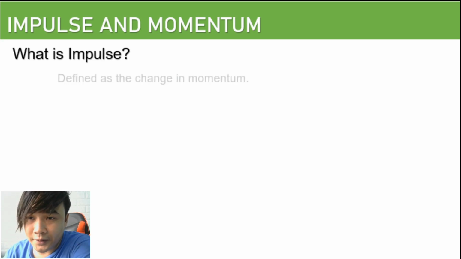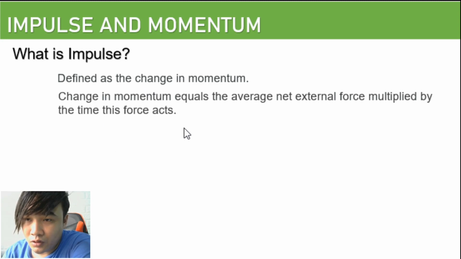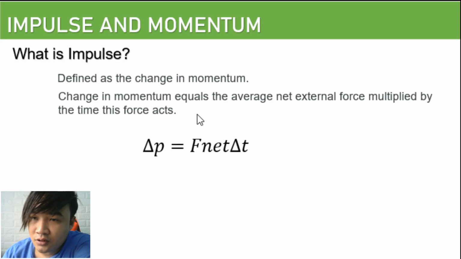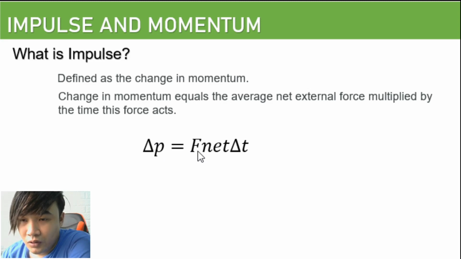So next, what is impulse? Impulse is defined as the change in momentum, which equals the average net external force multiplied by the time this force acts. So ayan, ito yung notation natin sa impulse. So delta P kasi nga change in momentum siya, equal to net external force times yung